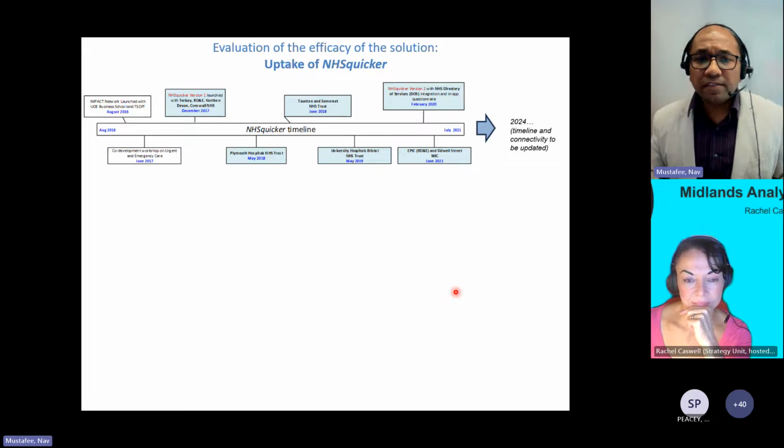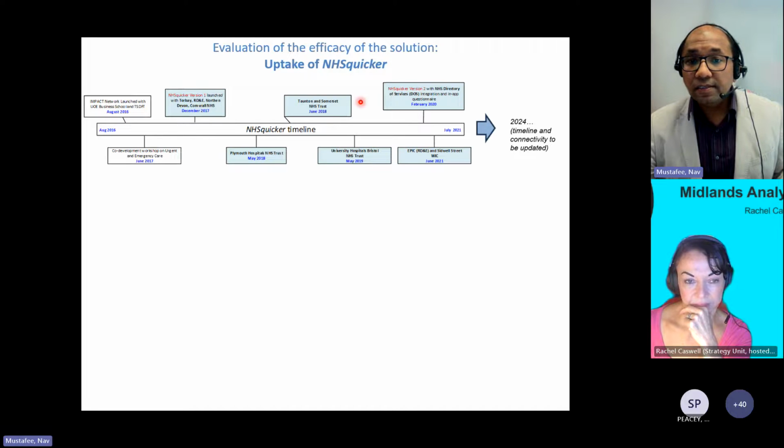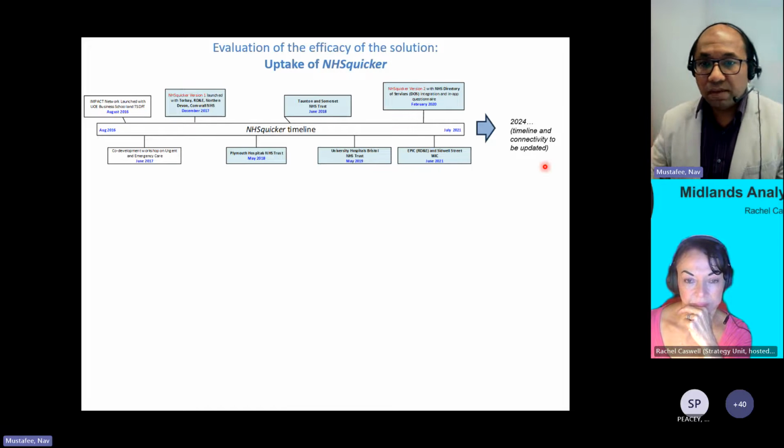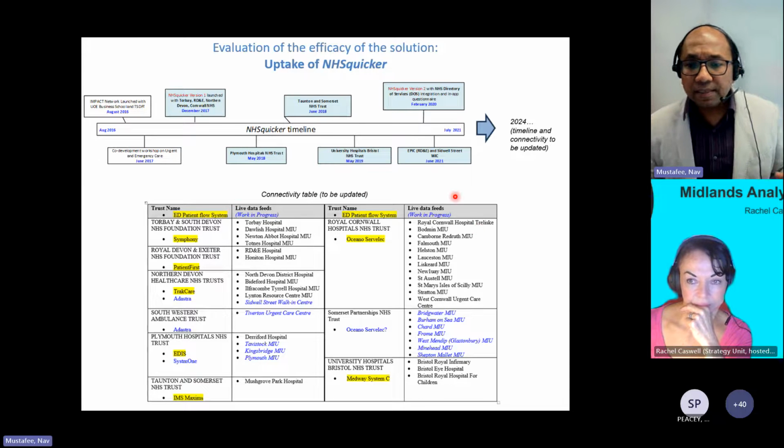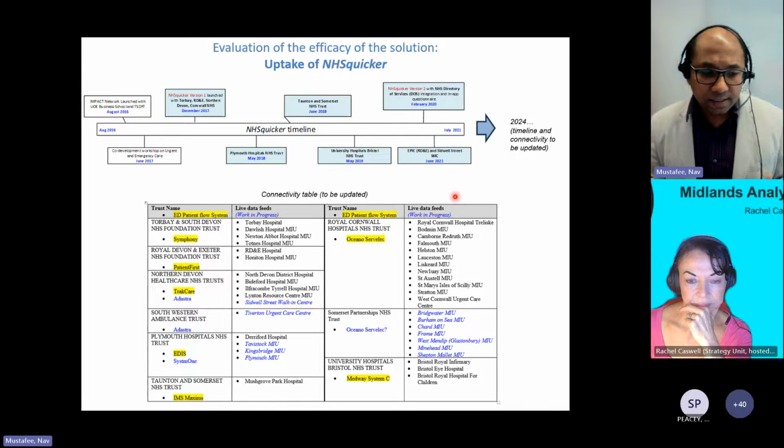Another evidence of efficacy is how we have developed the network over the years. You can see new trusts have joined in. And again, this is to be updated. But currently we have 37